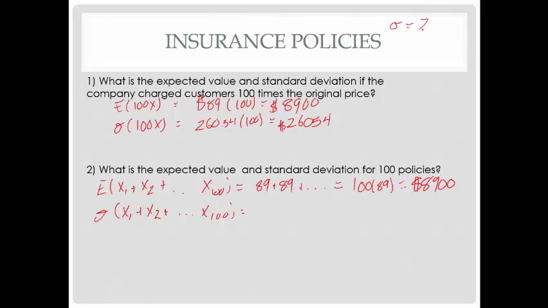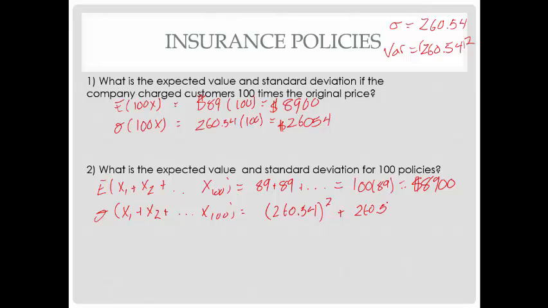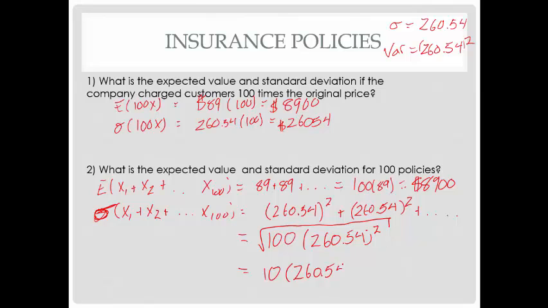So up here, remember our standard deviation, $260.54. What we'll do, the variance would be $260.54 squared. So in other words, we've got 260.54 squared plus 260.54 squared, so on and so forth. Well, how many of those 260.54 squares do we have? There's 100 of those. Right? In order to get back to standard deviation, we have to take the square root of that. Well, here all of a sudden, we know the square root of 100 is 10. The square root of $260.54 squared is 260.54. So the standard deviation for 100 policies